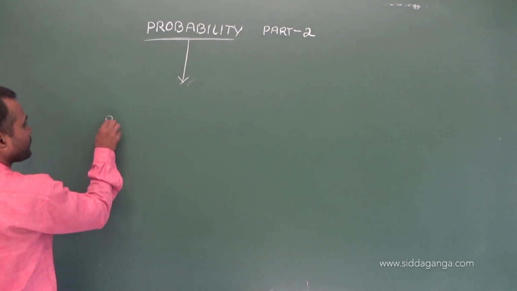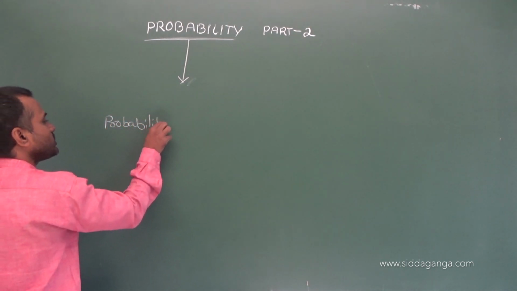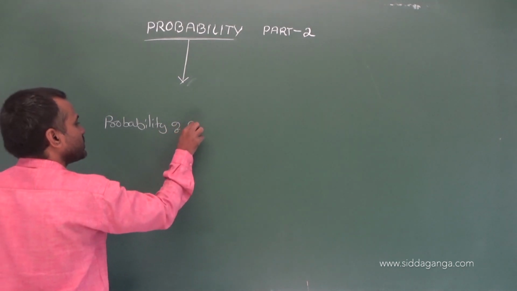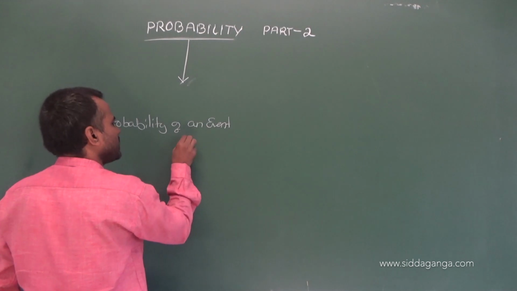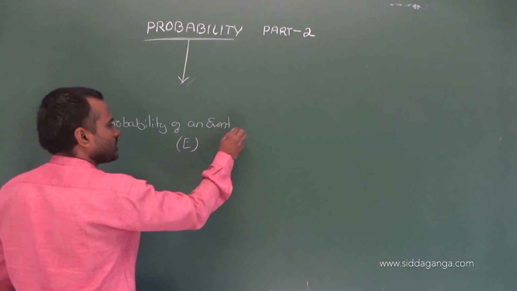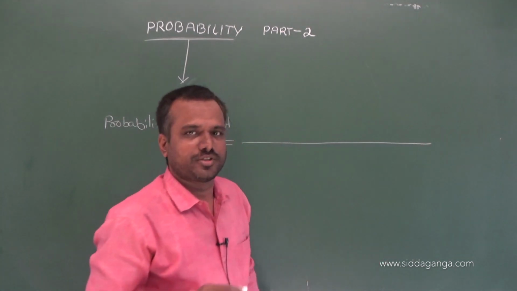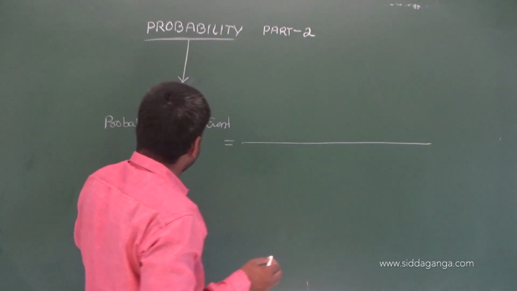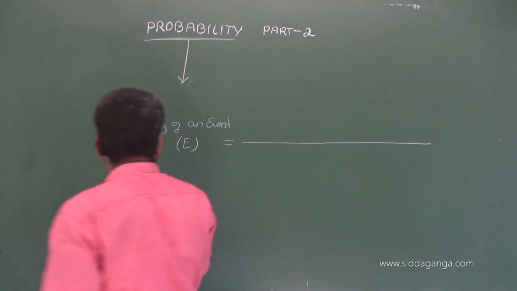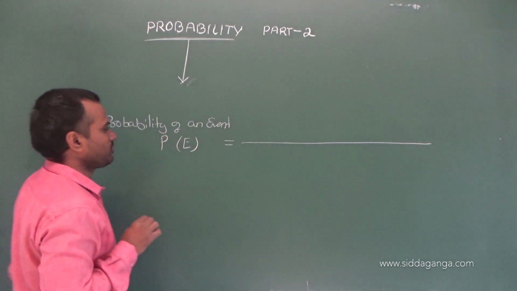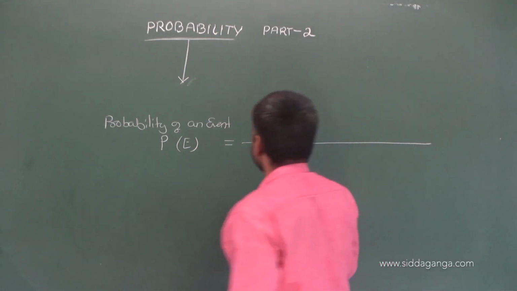Probability of an event, simply E. A simple definition, you know that very well. Probability of an event E, which I represent as P of E, is equal to